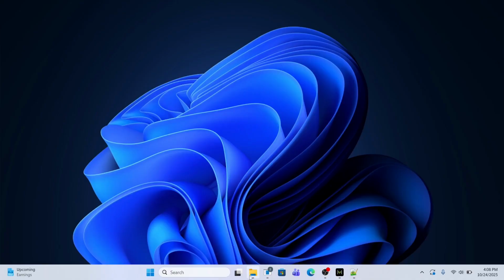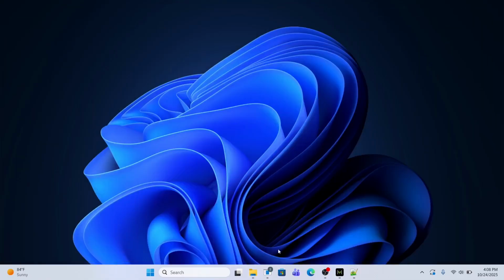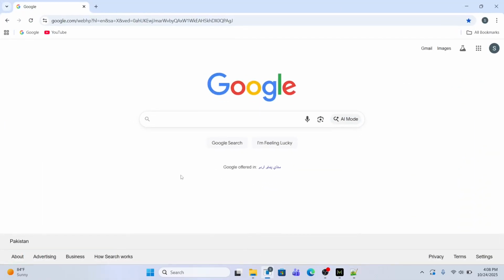So first of all, you need to connect your USB to your laptop. Look, I have already connected. So you need to have at least 8 GB of free space, not only in your USB but also in your C drive. So now next, what I'm going to do, I'm going to open the Google Chrome browser, and